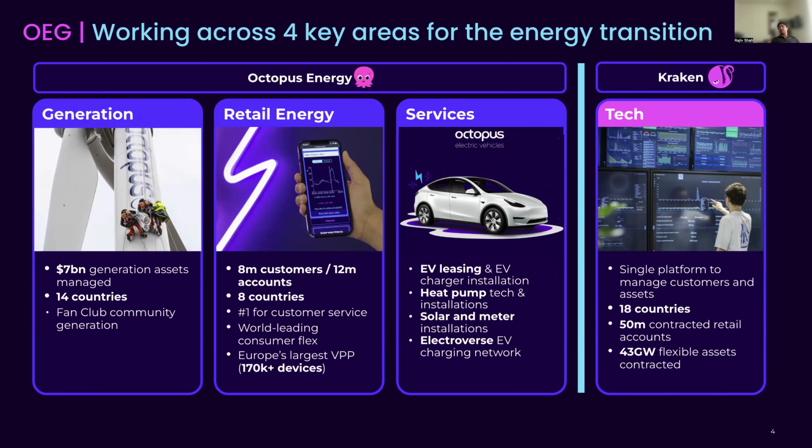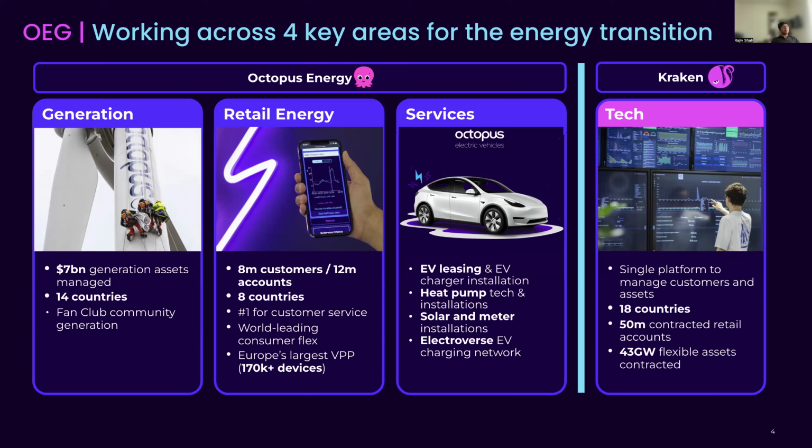And so their thesis here was, let's create a tech platform purpose built for energy companies with the energy transition in mind. And of course, when you do that, no one is going to raise their hand and be the guinea pig to re-platform some of their backbone IT on an untested system. So we became an energy company and started serving customers in the UK, really to validate our tech. And since then,